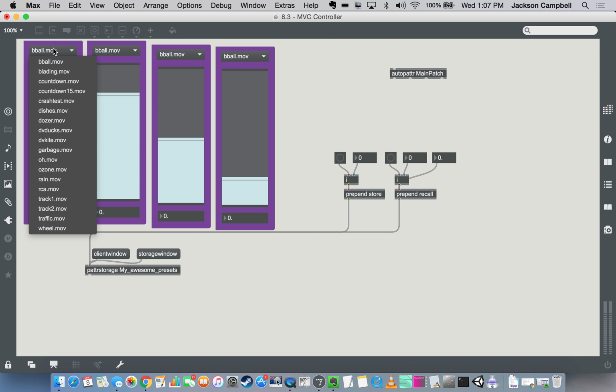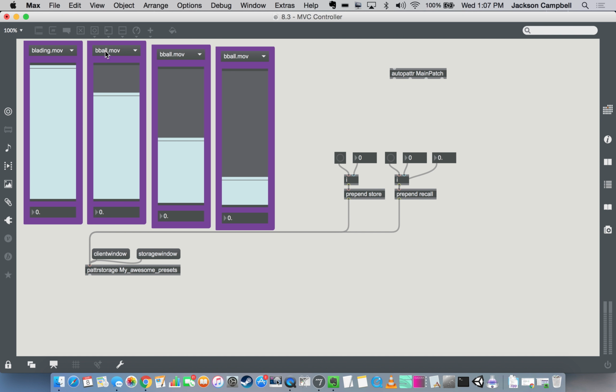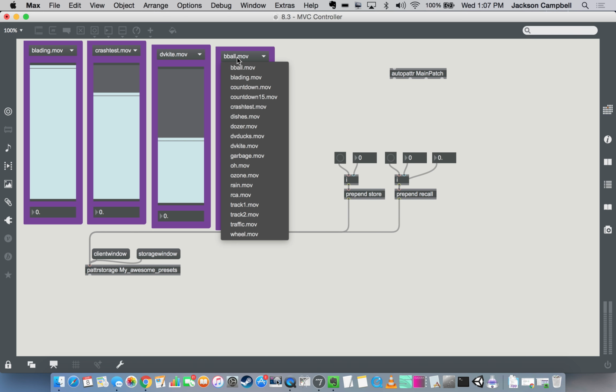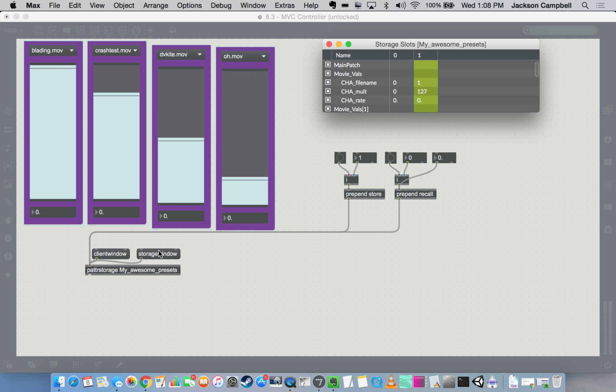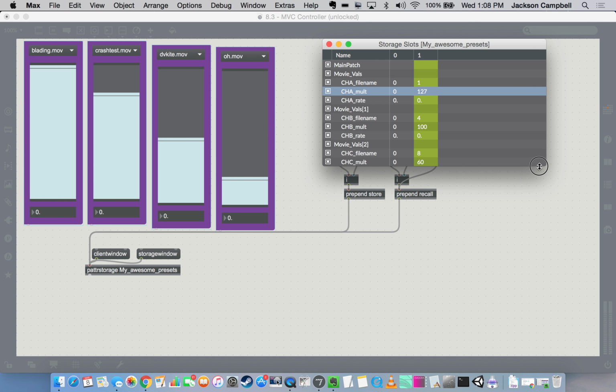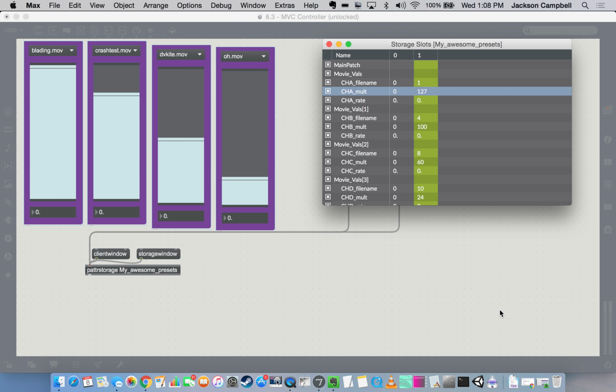And I'm going to change my movies to something else. And now I'm going to change this to 1 and store this under 1. If you open up your storage window, you should see now that you have queues for 0 and 1,